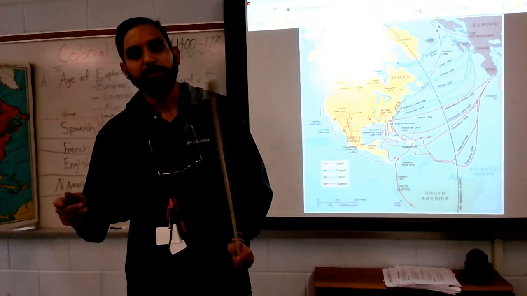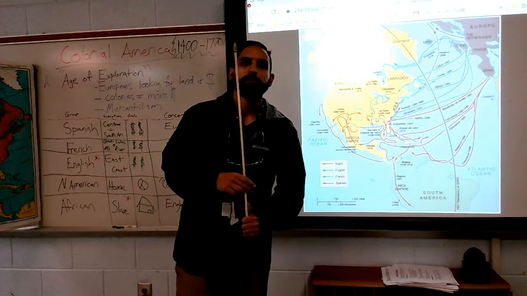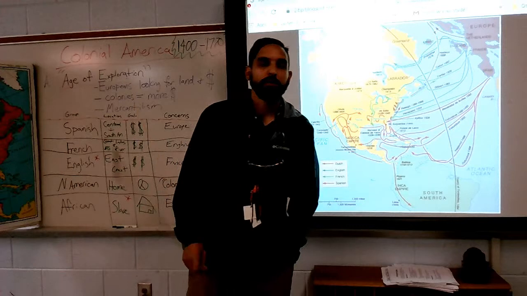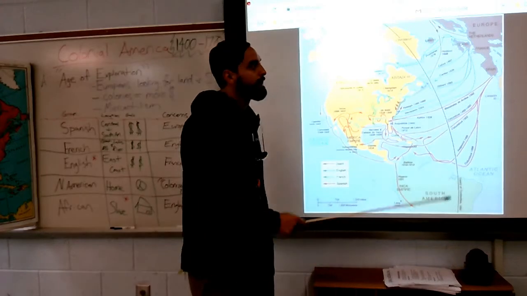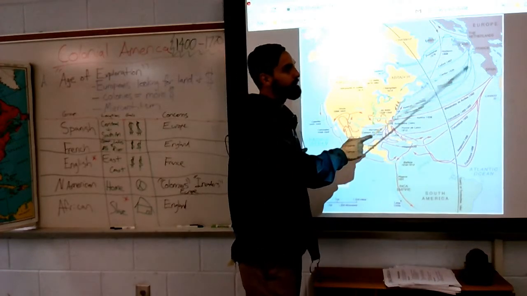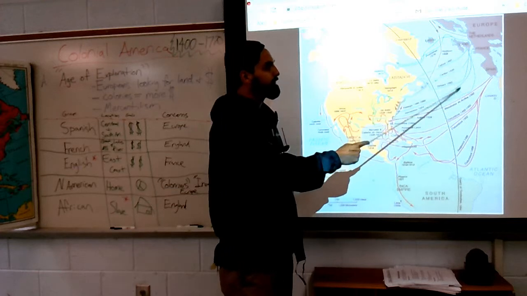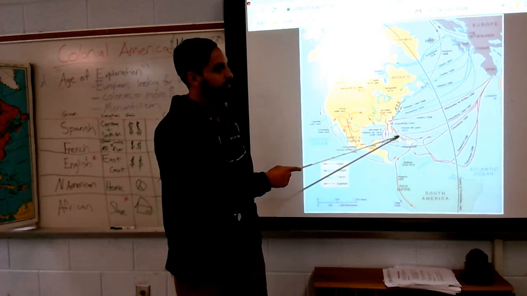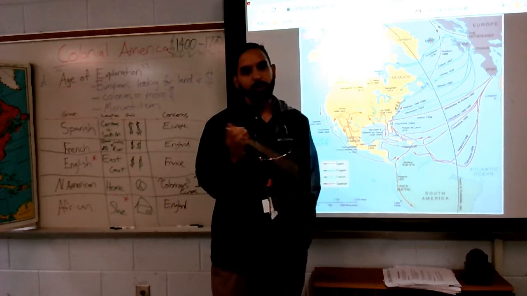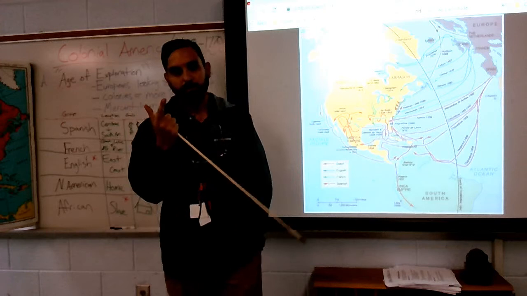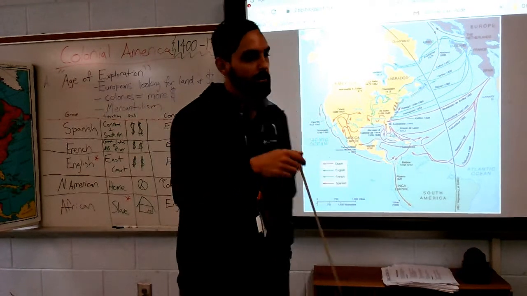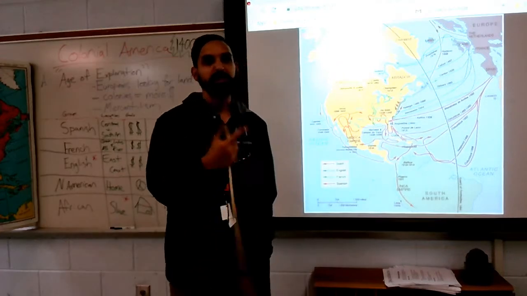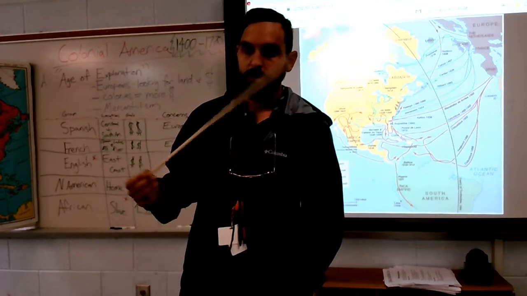And one way all these European countries would make money would be setting up colonies. This is a process known as Mercantilism, but basically these European countries would set up colonies all through here. The goal of these colonies is to send raw goods back home, like cotton, various crops, lumber, and Europe would turn them into goods such as furniture or teas or things of that sort.